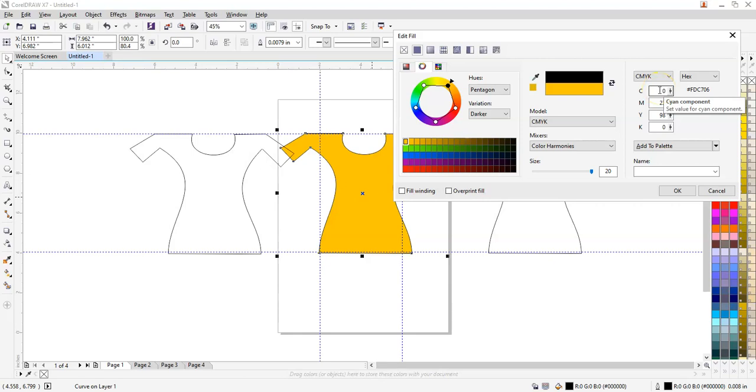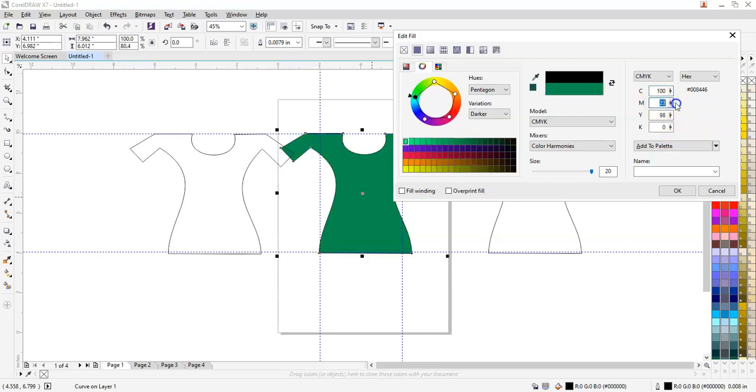How does my pure cyan color look? So what I do is I press 100 over here. Then magenta I keep it as 0. Yellow I keep it as 0 and black as 0. If you remember, in my first lecture I have mentioned Y stands for yellow and K stands for black in computers and B stands for blue in computers. So always when you're working with colors in computers, the K alphabet stands for black and B stands for blue.